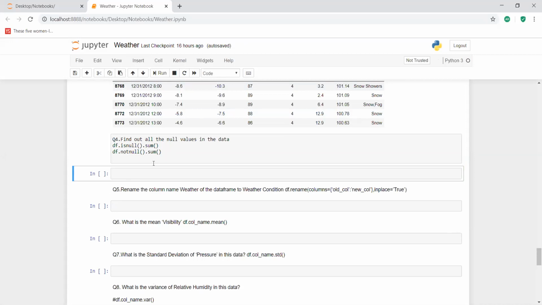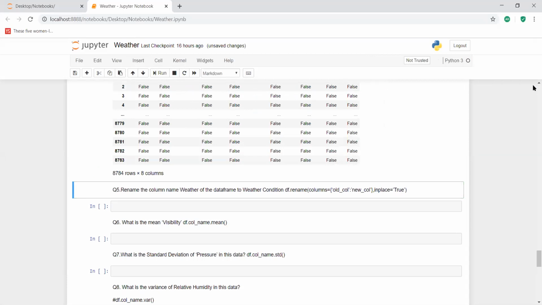So all the null values. You're going to work on the entire data frame. You're not referring to any column. So it is going to be just data dot, right? Is null. We will use is null command. So this will find out whether a data value, whether a cell value is null or not. We will just work with this. We will execute and see what is happening.